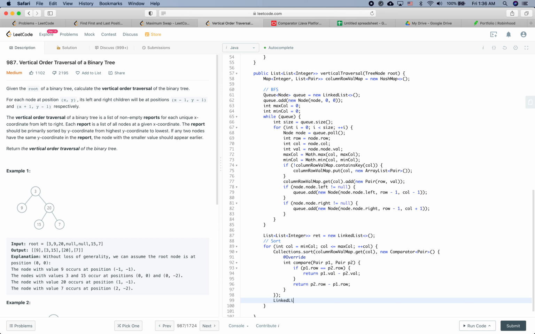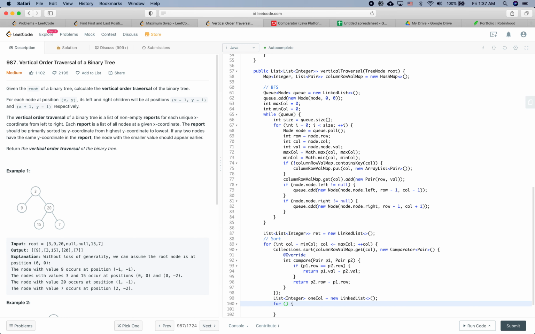So linked list integer, one column new. Sorry, this one should be list new linked list. Okay. And then for integer, actually it should be the pair. Okay, pair p from column row value map dot get